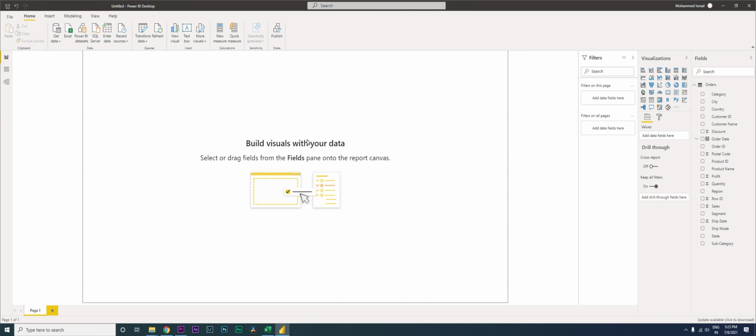You can create reports and you can also export it to a PDF or a PPT to present it to your stakeholders. On the other side, there is a Power BI service which is also available, where you can publish the reports onto the server, where others can also view the reports that you published on their device, be it on the mobile or on their laptop. Right now, let's get started.